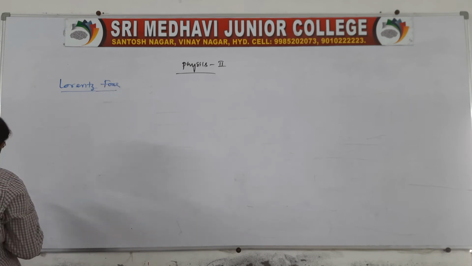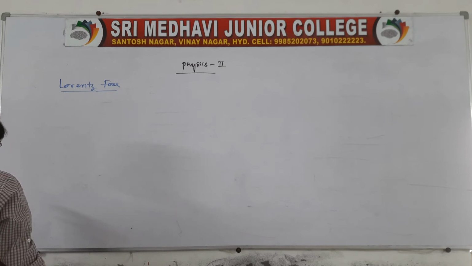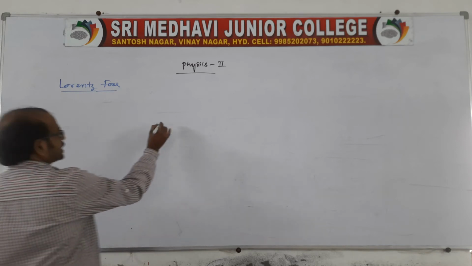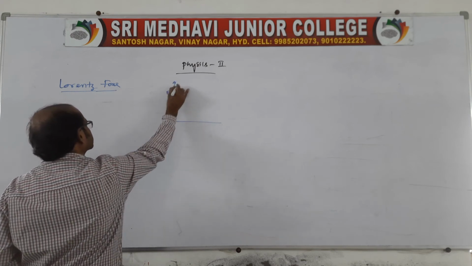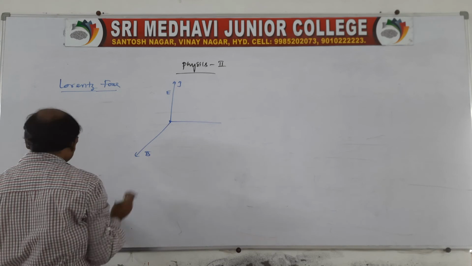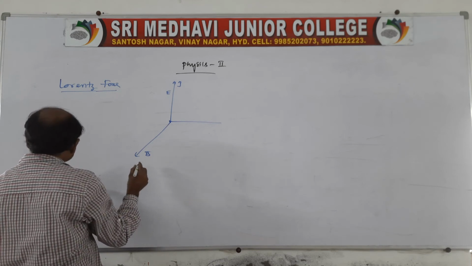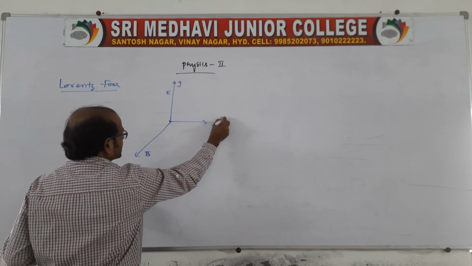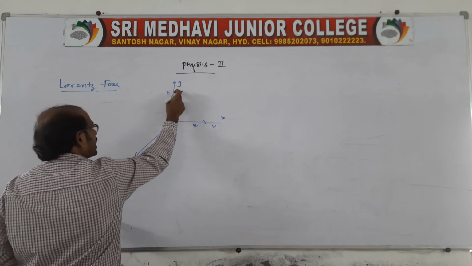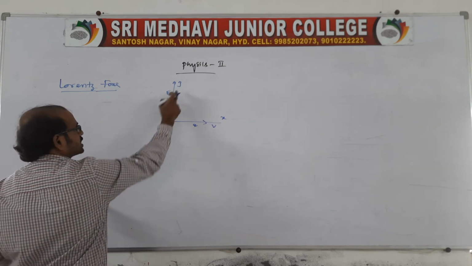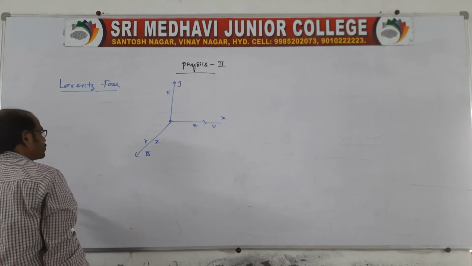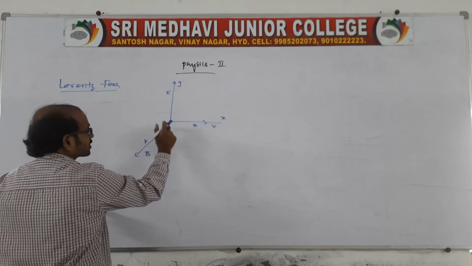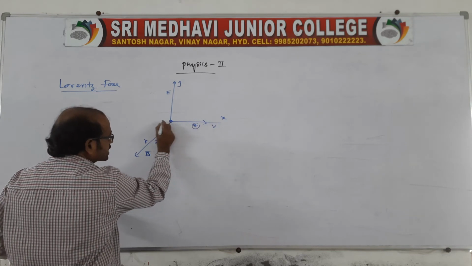Actually, when a charged particle enters into a region where electric and magnetic fields exist simultaneously, at a point both will exist. Suppose at a point there is an electric field along the y axis, j cap, and a magnetic field existing along the z axis, k cap, and the charged particle is entering along the x axis. This is the charged particle entering where the two fields exist, where two fields are acting at that point when the charged particle is entering into the field.